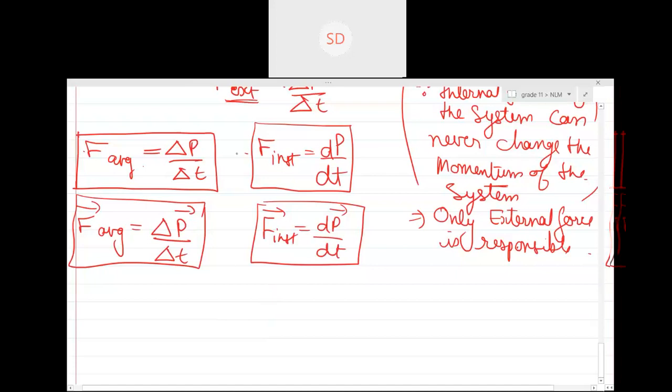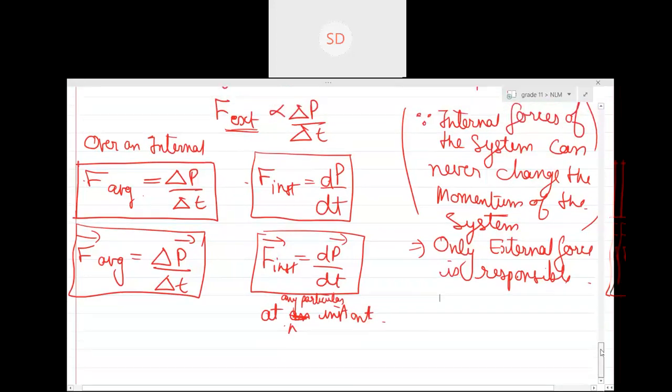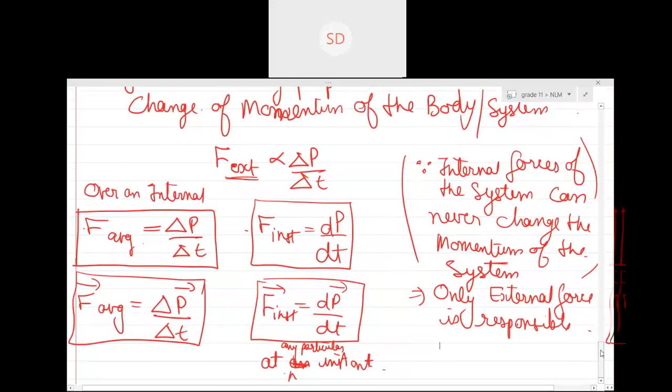So basically these two things are used separately. Please remember, this is average force which is applied over an interval, and instantaneous force is basically applied at a particular instant. Is this clear? Write down till here, please. If you're done writing till here, let's move on. हाँ वेट, उसके नीचे आ जाता हूँ.